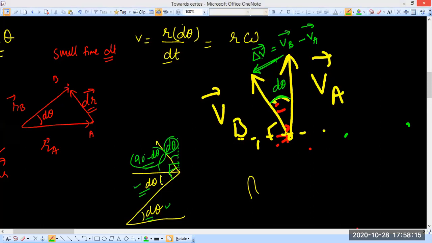Again, delta no matlab difference, final minus initial. Right? Yes. And if you are writing for small, we should write dv. સારું થયું યાદ કરાયું. Thank you so much. Nandini, I will definitely show it to you at 6. Okay? Don't worry. I will not forget it. Right? So this is dv. તો આવા બે ટ્રાયંગલ થયા, બરાબર ને?